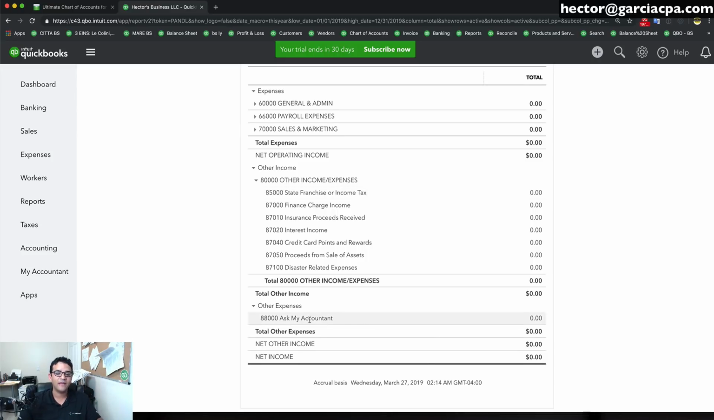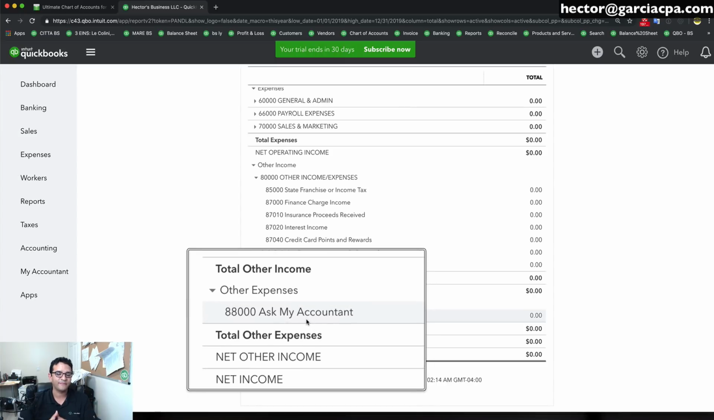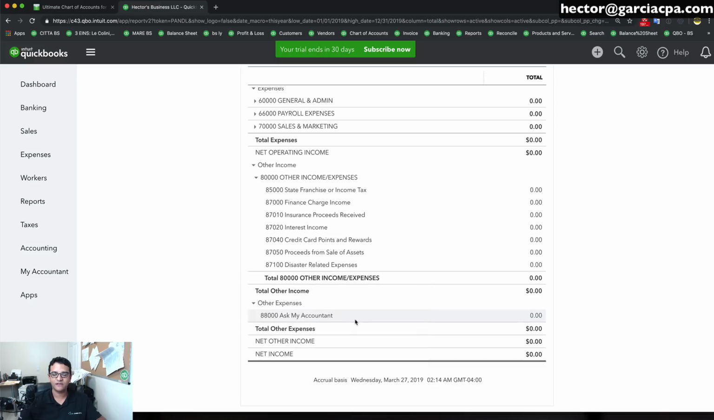That way I can only have one thing on the other expenses, which is ask my accountant, which that should be by itself, right? Because you should never be printing a financial statement while there's things inside as ask my accountant. That's why I like to have it by itself, isolated, so it really jumps out at the reader when they're looking